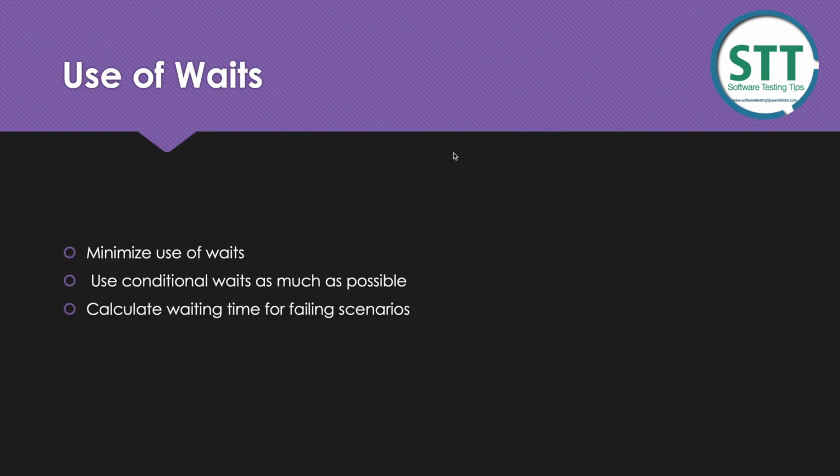The other thing is calculate waiting time for failing scenarios. That is very important. When the test case is failing, how much time are you waiting? Some guys put conditional waits, like after login is done, they wait for the username, and it is a conditional wait, but they put 5 minutes. Okay, it will keep on waiting for 5 minutes. So sometimes login fails, and the test case will be stuck on the screen for 5 minutes. It will cause trouble, especially because it takes so much time that other tests have to wait for that long.